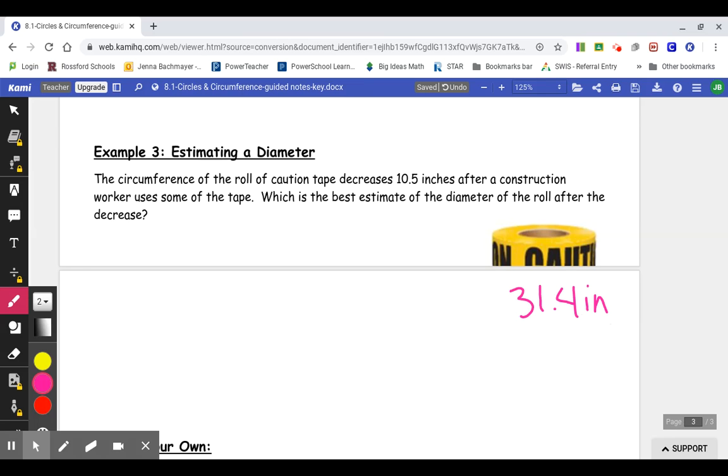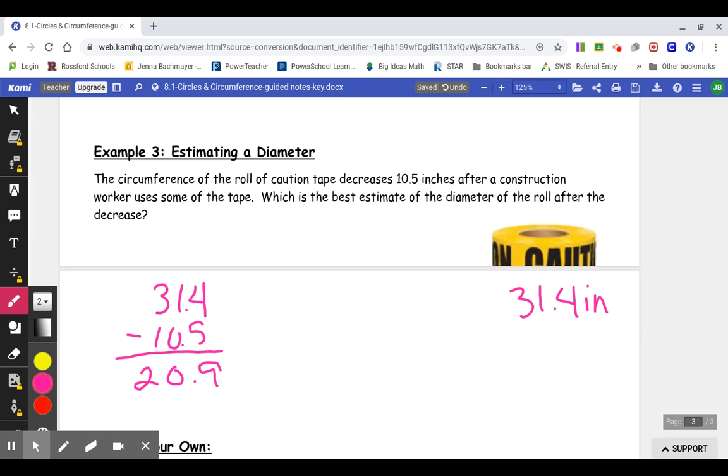So it says the circumference of the roll of caution tape decreases 10.5 inches after a construction worker uses some of the tape. Which is the best estimate of the diameter of the roll after the decrease? So I'm taking my 31.4 inches and I'm going to decrease it, the 10.5. So that gives me 20.9